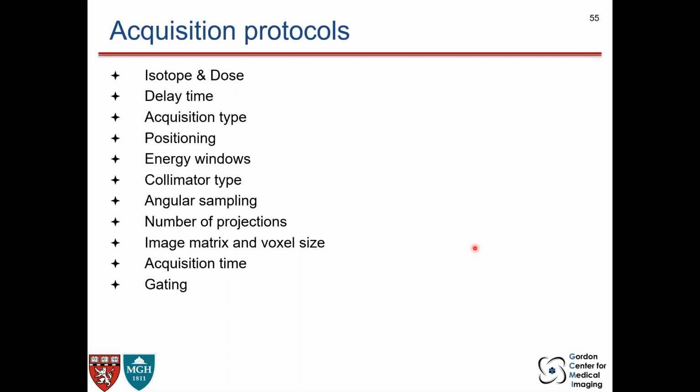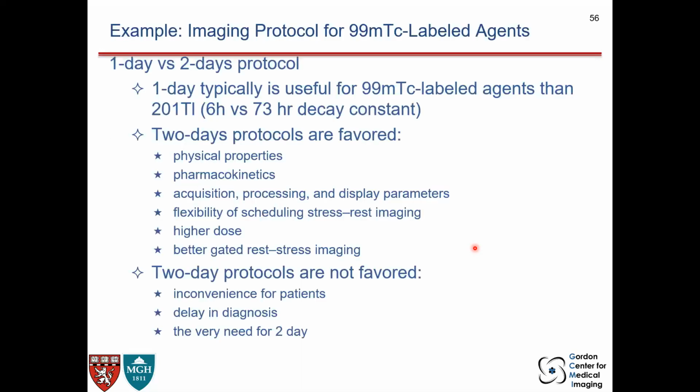image matrix and the voxel size, acquisition time, and if there is a gating, for example, for the cardiac imaging, there is a need for gating if you want to have a very good resolution. You have to capture the heart movement. So this is just an example of imaging protocol for technetium labeled agent, for a comparison between 1-day versus 2-day